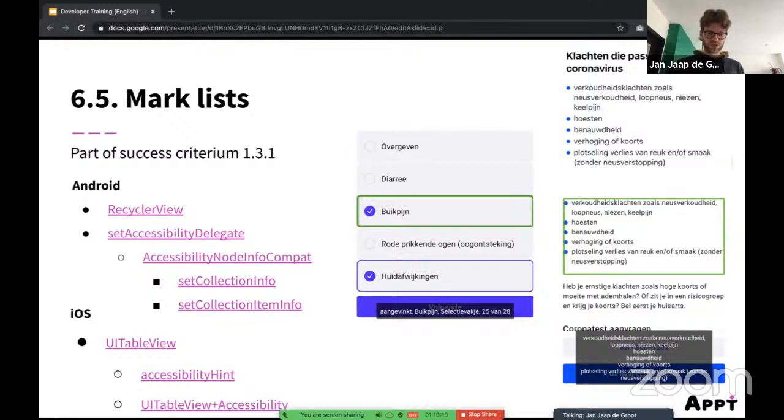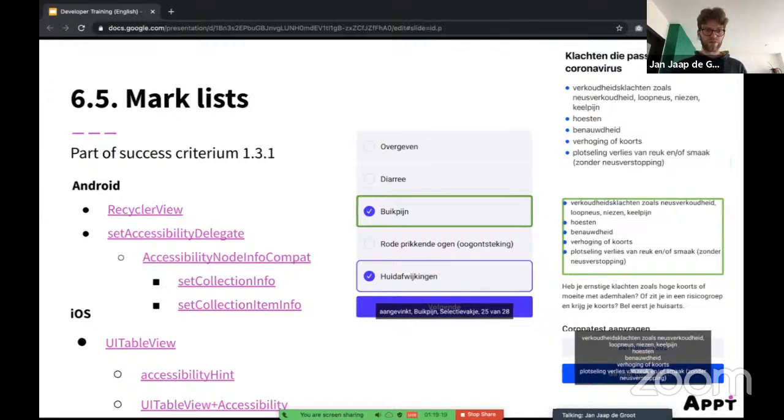But I also had a discussion about this with another accessibility expert, who also happens to be blind himself. And he told me that, yes, you can put it also in the label, because then it's always announced. But it can be a downside for people that use Braille, like Braille in Dutch, because with Braille they cannot easily skip through this. They also get all the hints that maybe they don't even need, they always get this on their Braille device. So that's why he suggested to use accessibility hint.